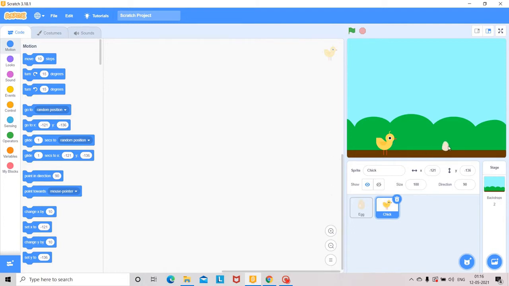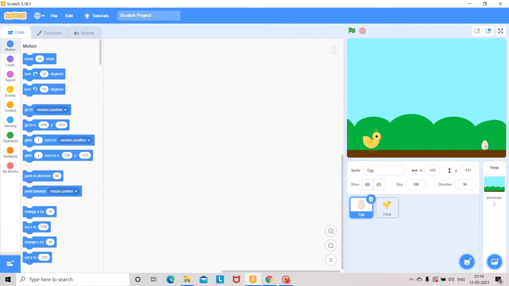This is a very funny game. The chick is jumping upward and downward, so that it will get its initial position after jumping. And the egg is moving from the right side towards the left, gliding towards the chick.